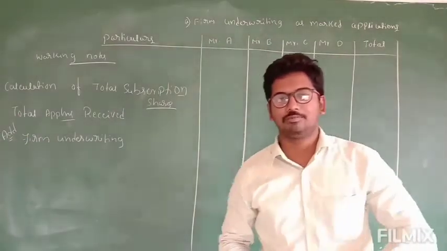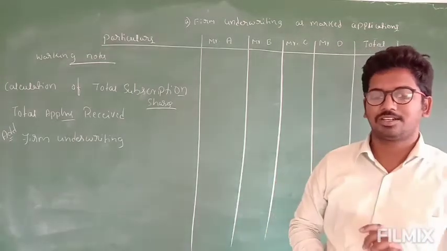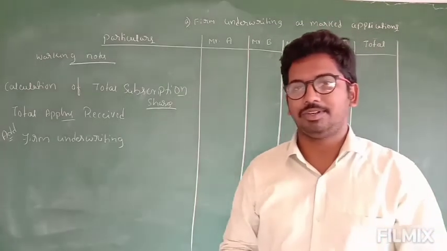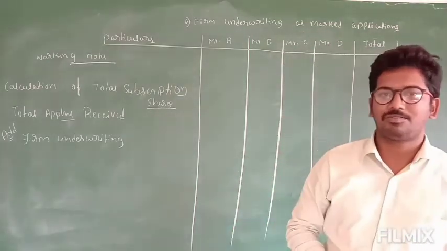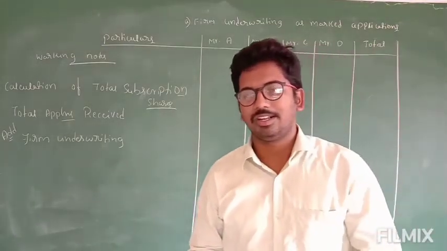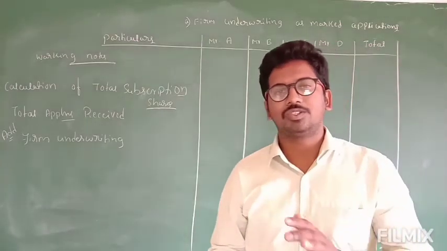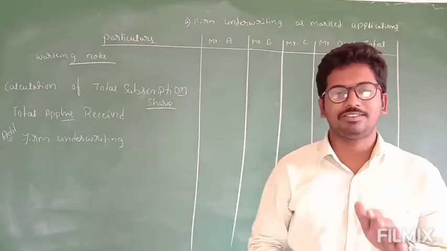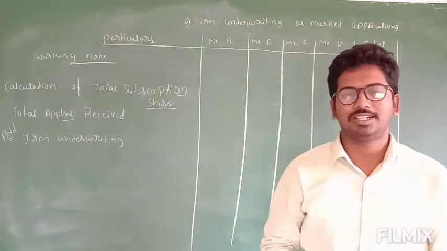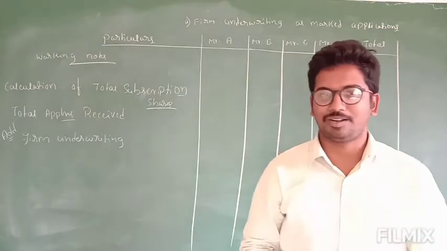Dear students, in previous classes we came to know about the various questions in 6 marks: calculation of underwriting liability, net liability and total liability. When we start sums on firm underwriting, there will be three possibilities. If there is no information given about the firm underwriting, we consider it on par with unmarked applications. Unless they specifically state otherwise, you should consider it as a marked application.